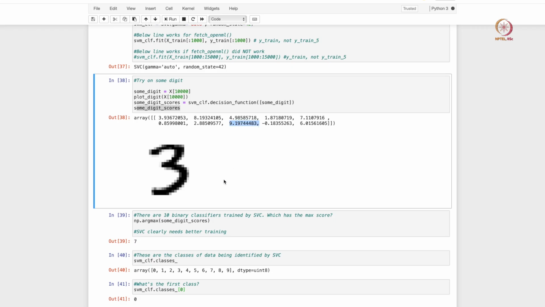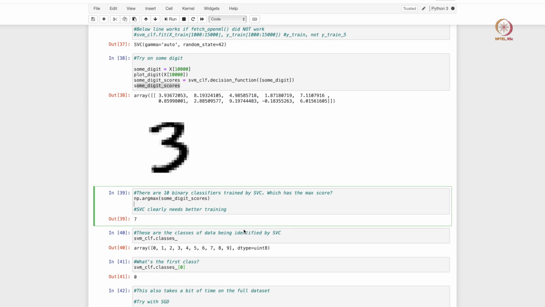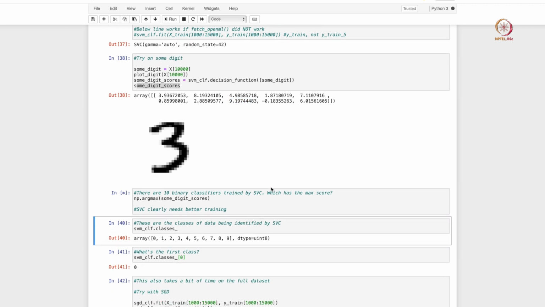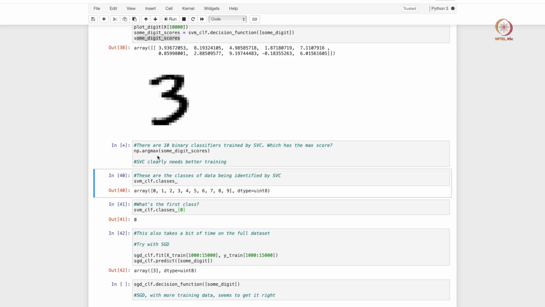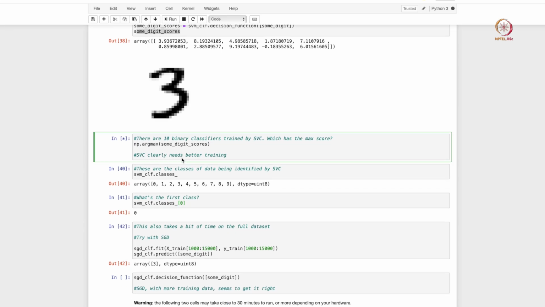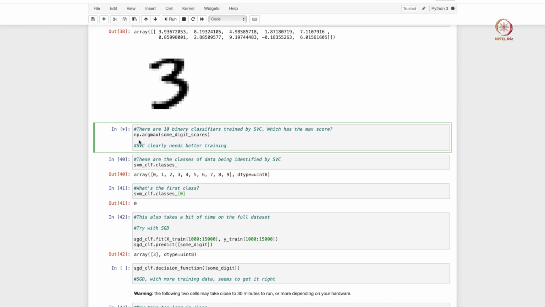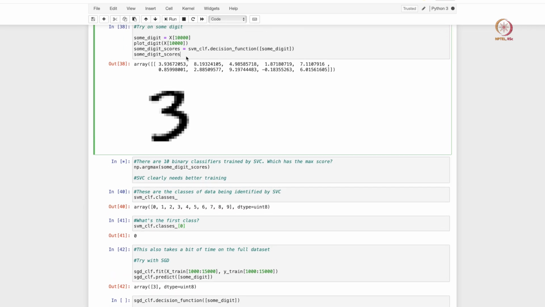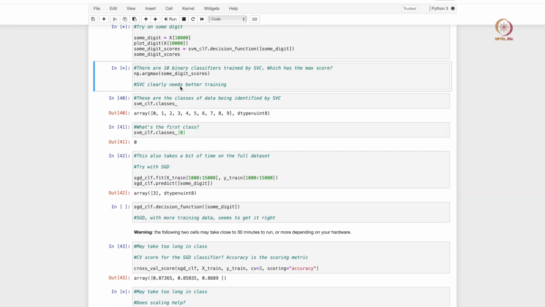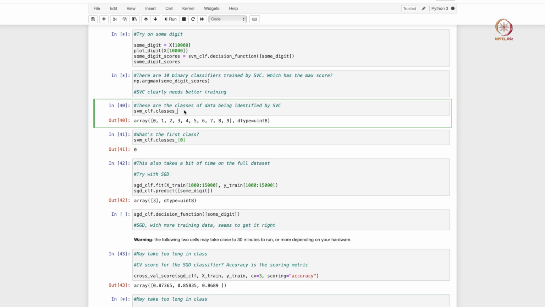I do not think the model is getting it right, and let us see if it is indeed true that the model is not getting it right. Looks like the model is not getting it right, it is actually 7 here. Let me re-execute this, okay.